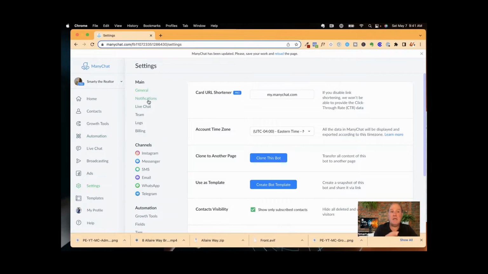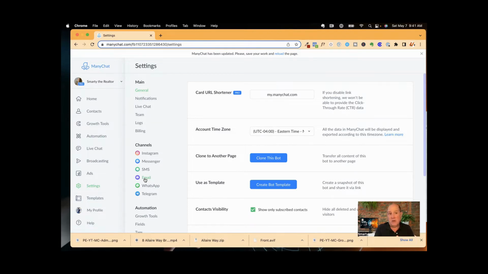Now, before you do that, if you're new to ManyChat, you want to make sure that you set up your SMS and your email channels. It's not hard. Just follow their prompts and make sure those channels are set up, because for the notifications coming to you when the chatbot gets a real lead, you want a text message, an email. You want to make sure you get that lead sent directly to you once the bot talks to the buyer